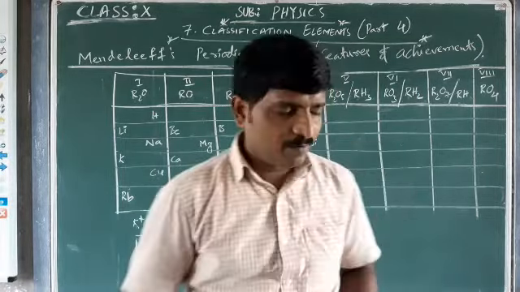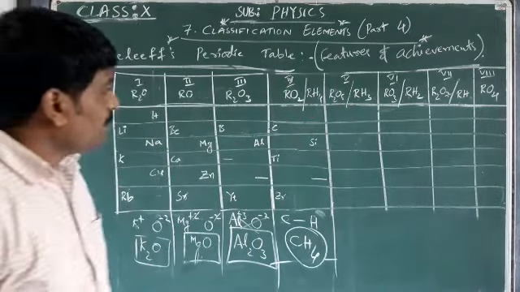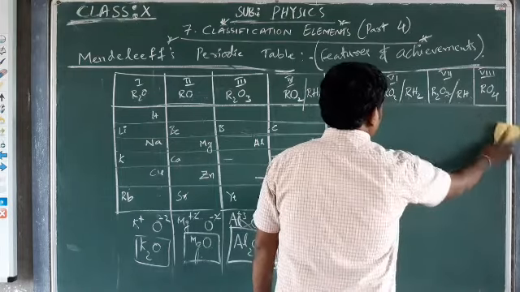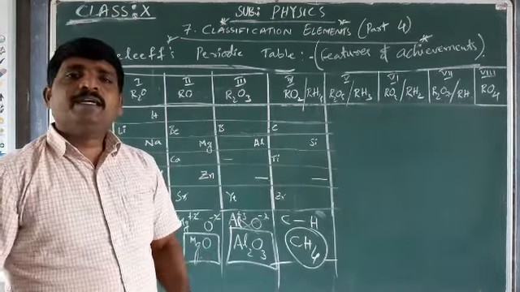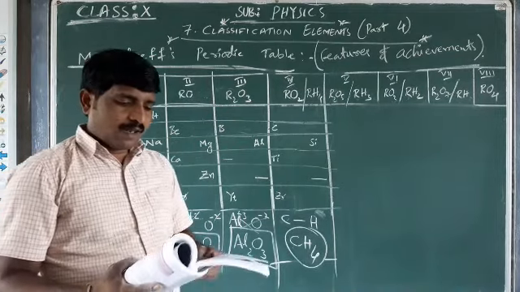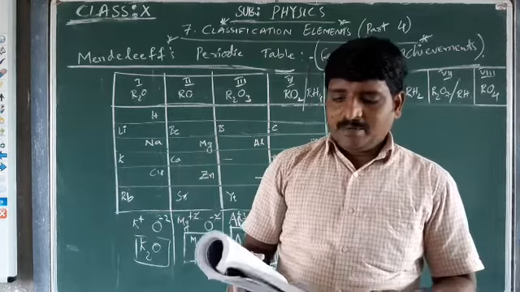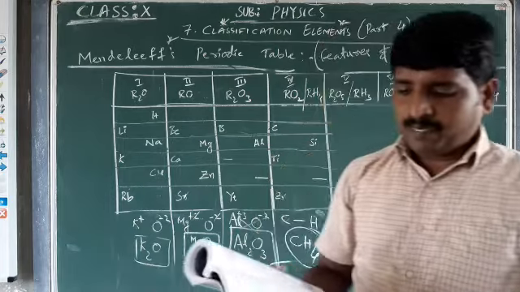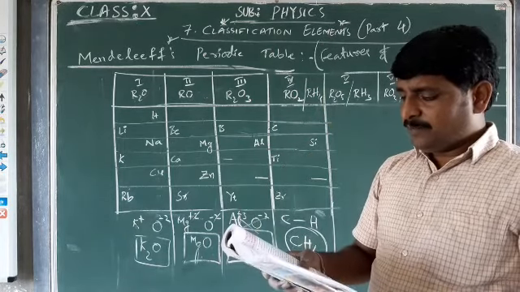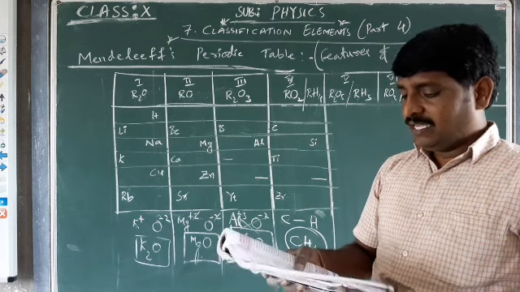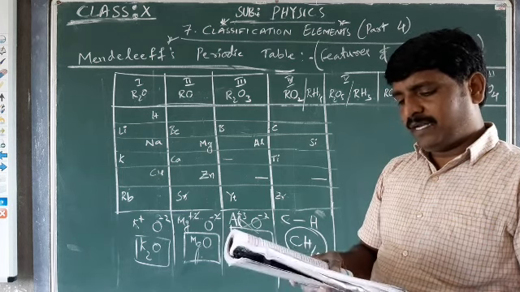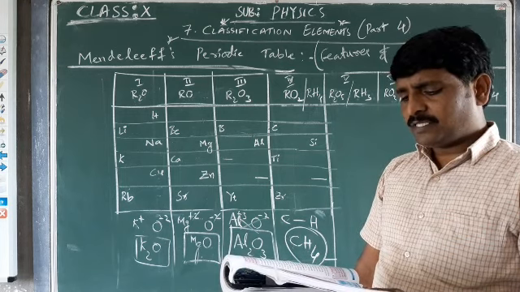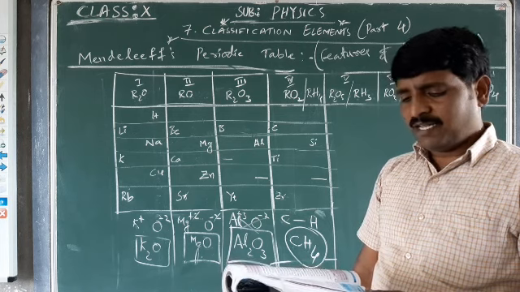It's a very important thing that he predicted the properties of missing elements. That is based on the arrangement of the elements in the table. He predicted that some elements were missing and left blank spaces at the appropriate places in the table. Mendeleev believed that some new elements would definitely be discovered. He predicted the properties of these new elements in advance, purely depending on his table. The predicted properties were almost the same as the observed properties of those elements after their discovery.